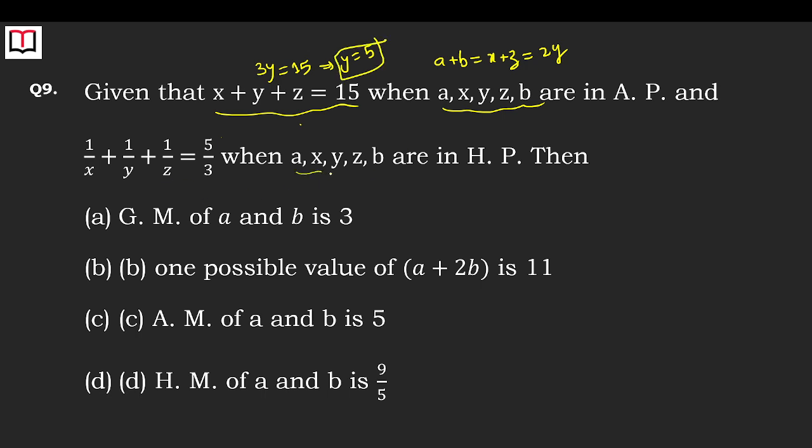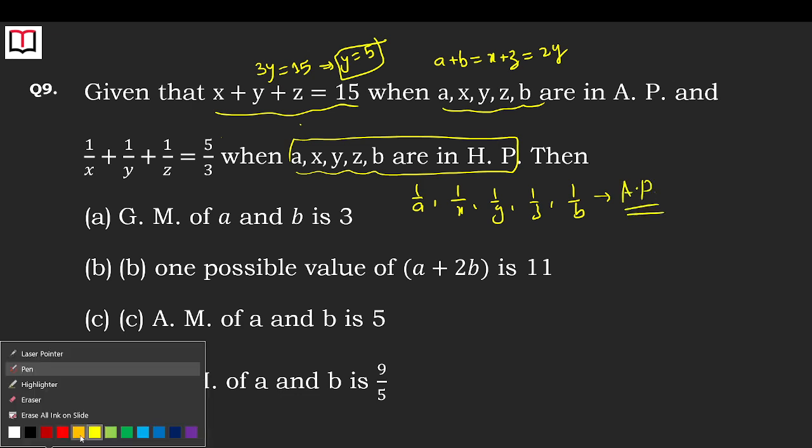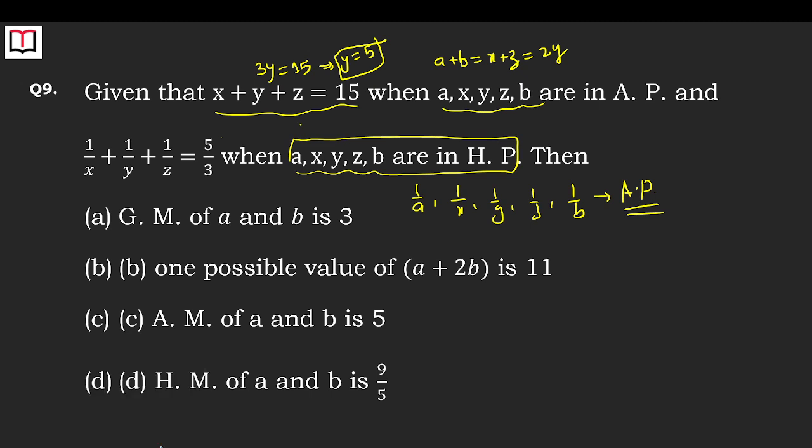Now a, x, y, z, b are in HP. So again, that is in HP. So 1 by a, 1 by x, 1 by y, 1 by z, 1 by b are in AP. Achha, see, one thing is for sure, bachcho. x, y, z are in AP, and 1 by x, 1 by y, 1 by z are in AP, not possible. So it's for sure. See, these are two independent pieces of information. So don't try to relate the same x and same y in both the places, right? Because the relation is given for x, y, z, the value is given for x, y, z. So it would have been better if it had been written here a, p, q, r, b are in HP. Okay, so anyways,